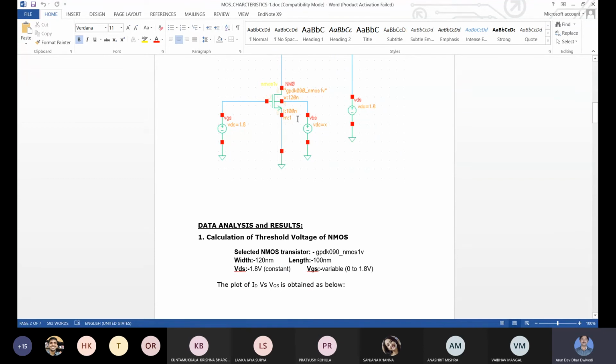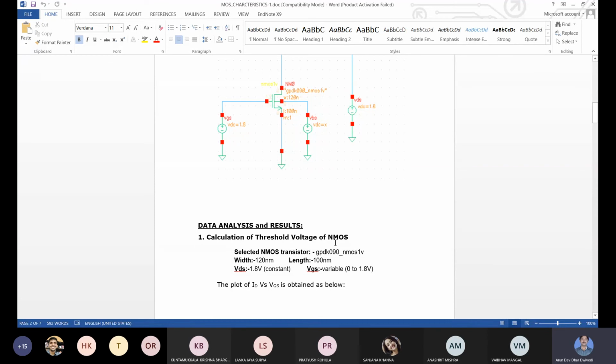Then data, and if you are putting some circuit diagram, below the diagram you can write that this is the circuit diagram for ID-VG characteristics, this is the circuit diagram for ID-VD characteristics, this is the circuit diagram for body effect, or this is the circuit diagram for the channel length modulation study. Whatever circuit diagram you put, then data analysis and results can be done.